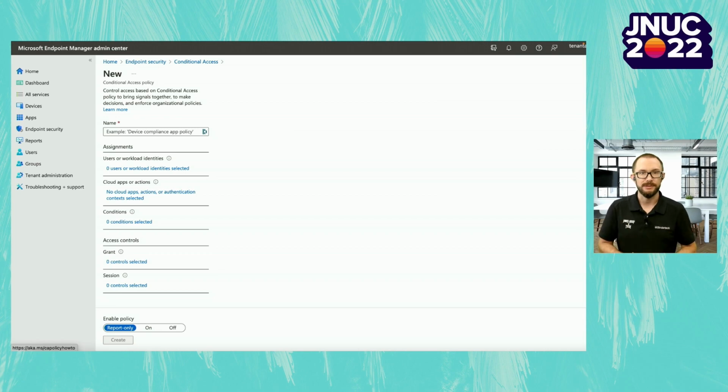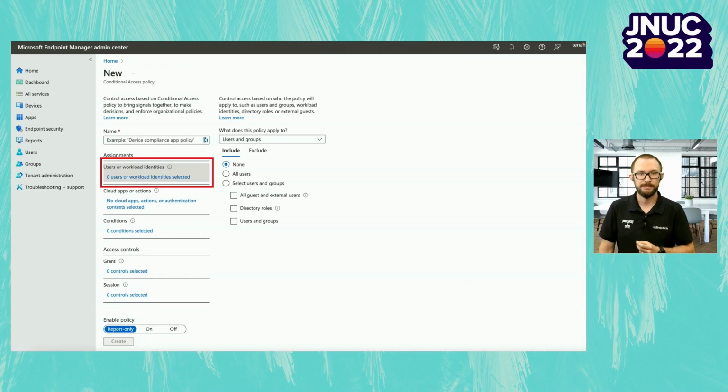Here we have our new policy. It does not look too complicated, but each section contains a number of different options. First, we start by targeting the users or workloads that, if they fulfill the conditions, will evaluate the policy. You can call this part of the conditions, but do note that both this as well as compliance policy, which we will look at shortly, is user targeted only.